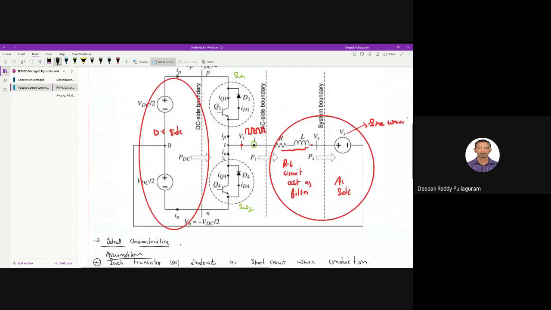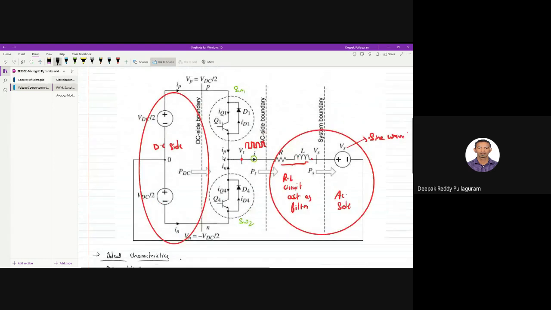Before I capture that screenshot, let me ask you one question. Can I ever turn on both Q1 and Q4 at the same time? No, sir, short circuit. You should always remember that the source would be short circuited. SW1 and SW4 are complementary in nature. It means whenever I turn on Q1, I should always turn off Q4.